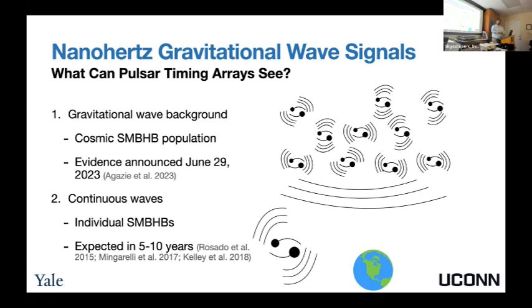So I think it's a very exciting time because we're just really starting to look at the universe with an entirely new messenger, basically. But right now we haven't detected any continuous waves, but that's kind of what we expect. We expect our continuous wave detection will lag our gravitational wave background detection by about 5 to 10 years. And this basically comes down to differences in how the signal to noise ratio of our gravitational wave signals scale when we're looking for a gravitational wave background versus when we're looking for a continuous wave.